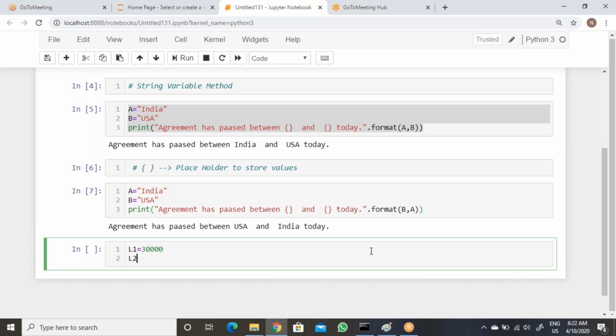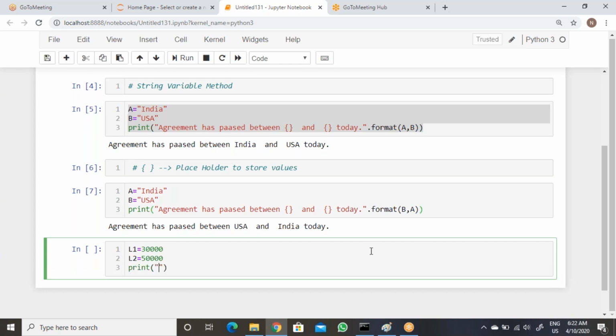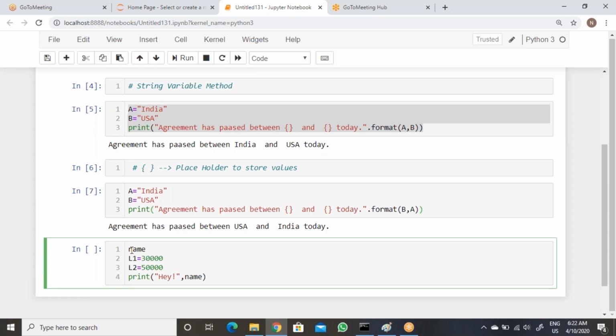That means we can now take one more example. L1 equal to 30,000 and L2 will be 50,000. Now see here, you can say name. If you want, you can pass a name variable also.